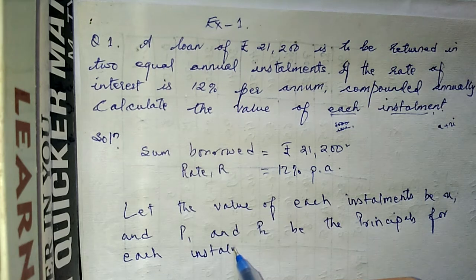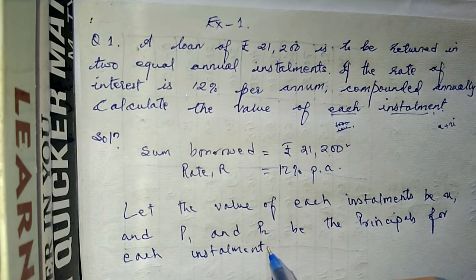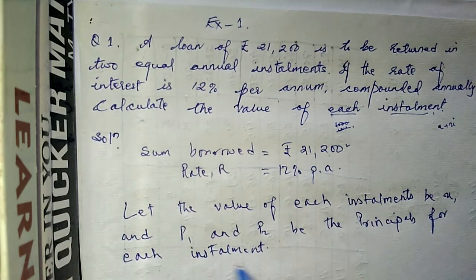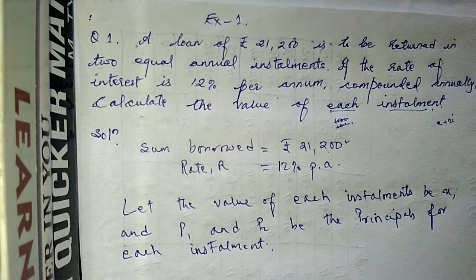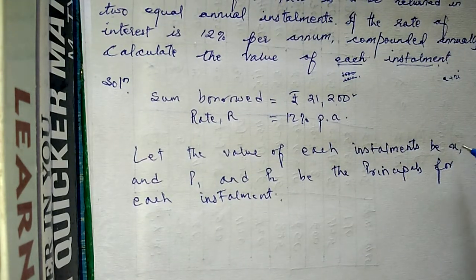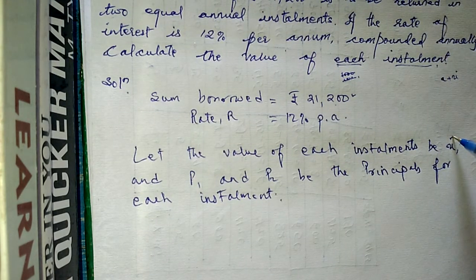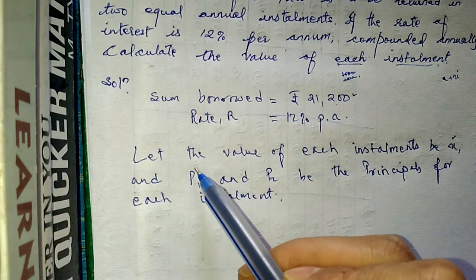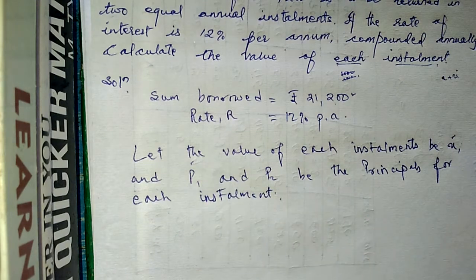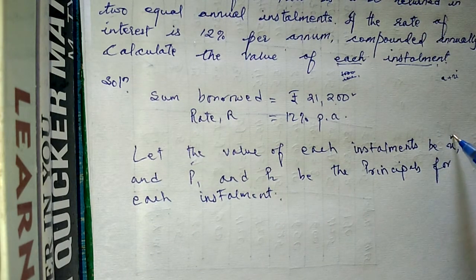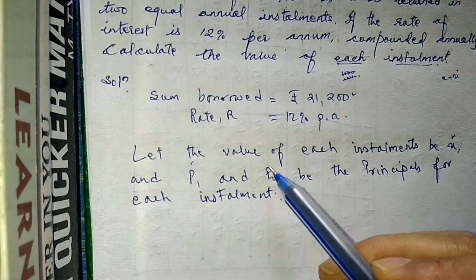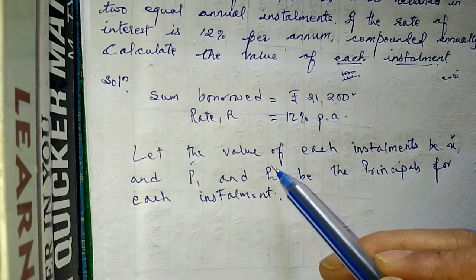For each installment, we will assume this X as the amount, and then the principal will be P1. Again, X is the amount we assume, and then the principal will be P2. Therefore,